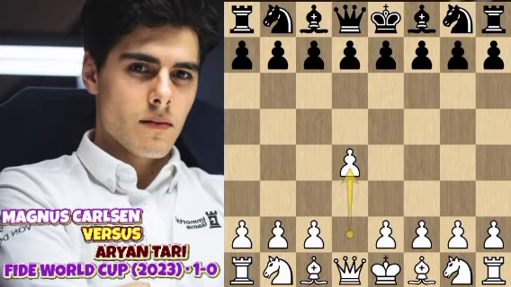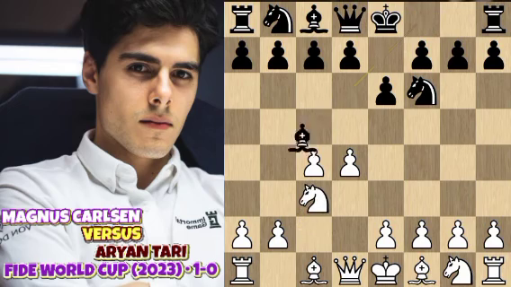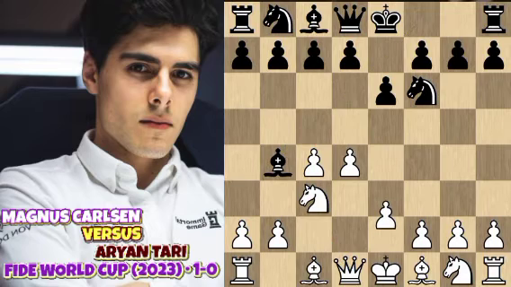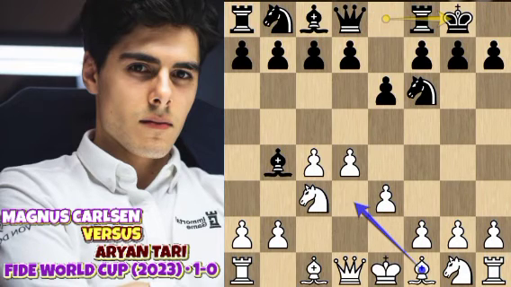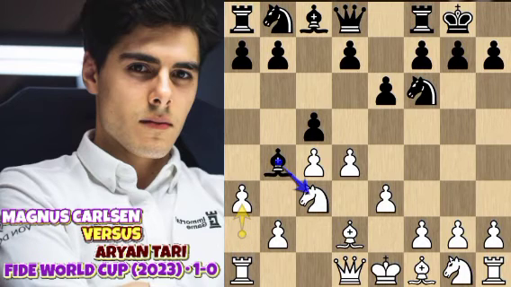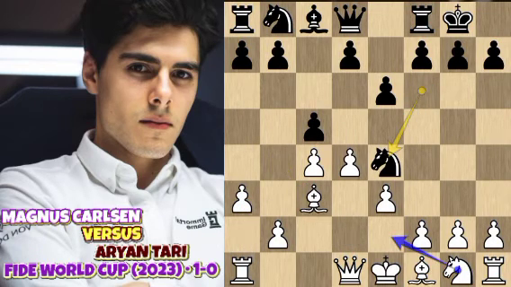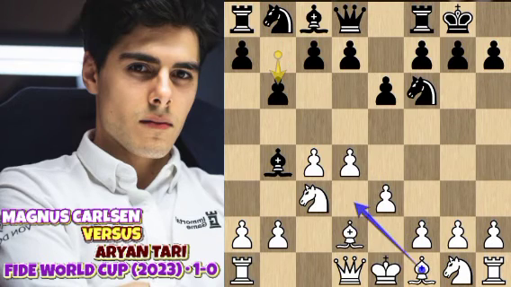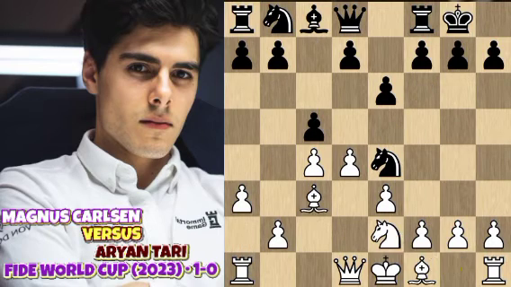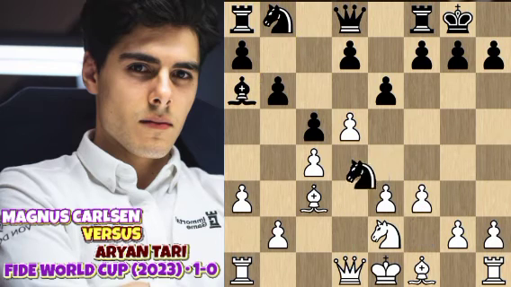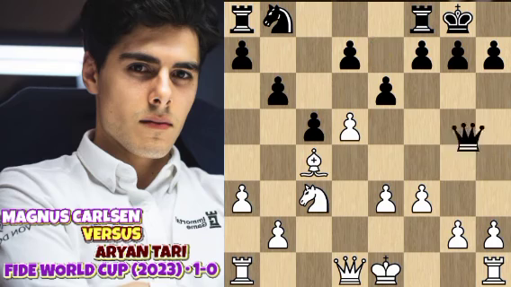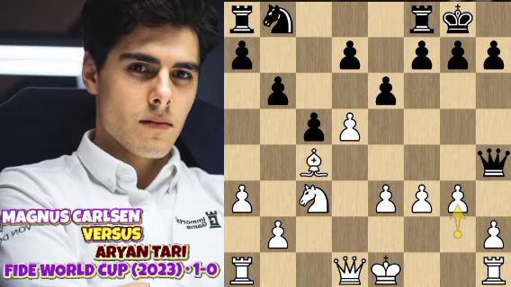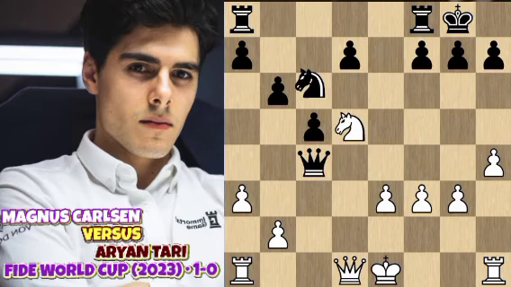the endgame. So going back, for example, after d4, knight f6, c4, e6, knight c3, and bishop b4, the Nimzo-Indian defense. But after e3, e4, although they actually have equality in the opening, even though, for example, in this position, the black here actually didn't play the immediate b6 on the fifth move, but for example after knight to e4, although white here wins space on d5, Aryan Tari here managed to win a pawn on c4, but after g3 and after a couple of moves, for example in this position,